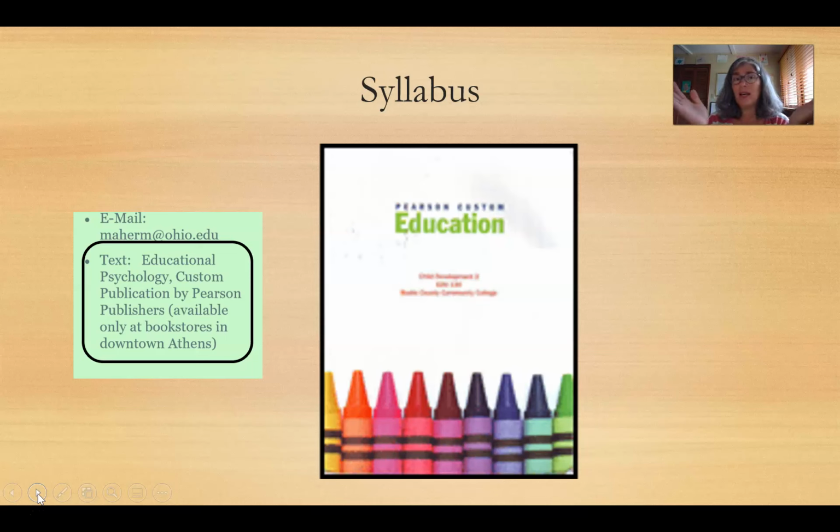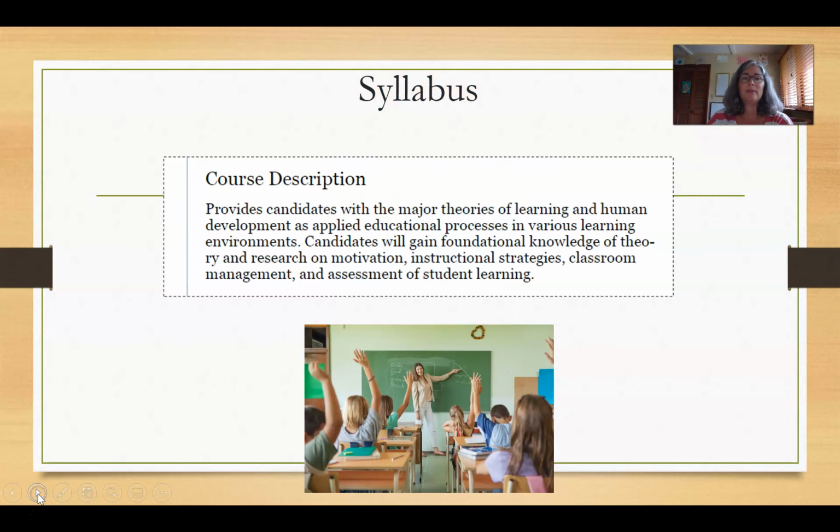However, I know we're online and this is an unusual format, so I'm saying that the textbook, pardon me, I'm a little distracted because I have a cat here. Hello. Okay, get down. Because you may not be able to get to the Athens textbook store. So the book is optional. If you learn well from a book, if you struggle on exams, please get a copy of the book. Contact the Athens bookstore. If you can often get by without, you might be able to do that. So I'm going to leave that decision in your hands.